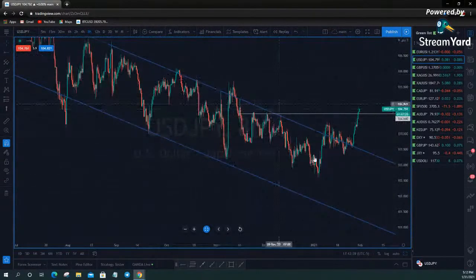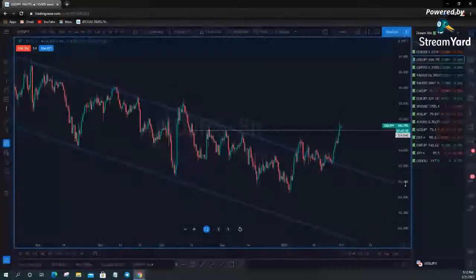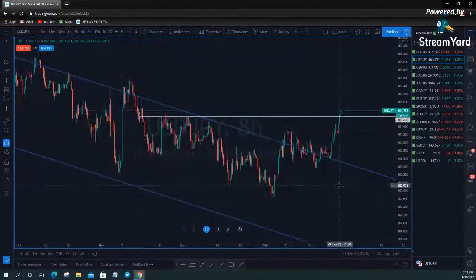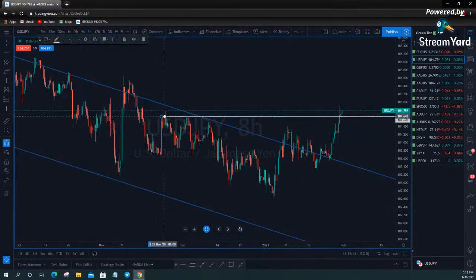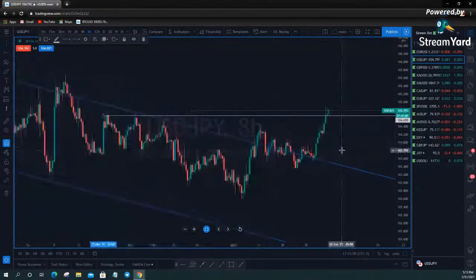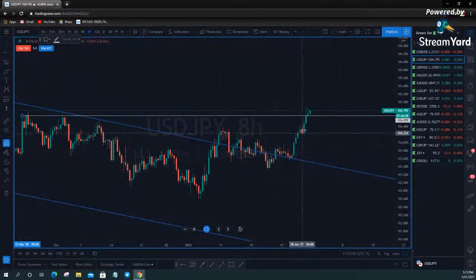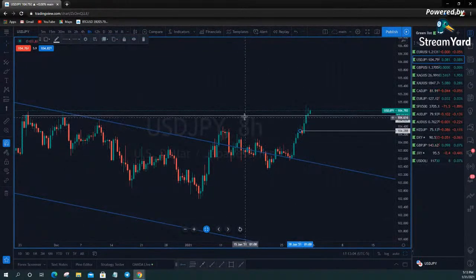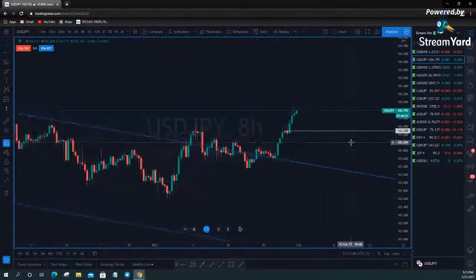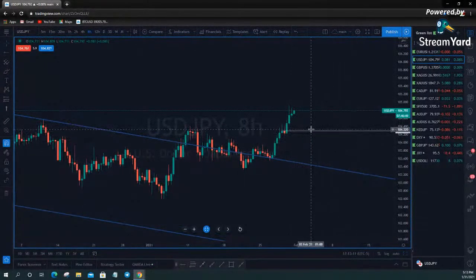All right, USD JPY, we have broken out of this. It's basically the exact opposite pattern that you've seen on the JXY earlier. We had a strong move out of there. We have closed an 8-hour candle above this market structure swing high here. So the next one is this one, and then obviously this one up here. So this thing is structured to the bullish side. So as long as we come down and test this area here, let me get rid of this line real quick, we test this area here at 104.288 and show that as a possible support.